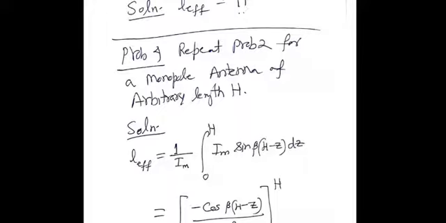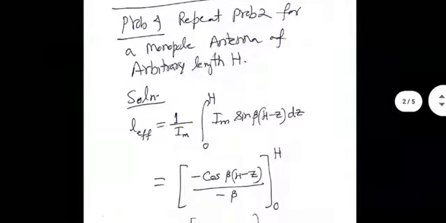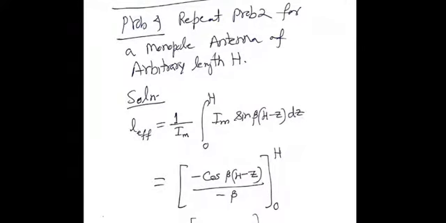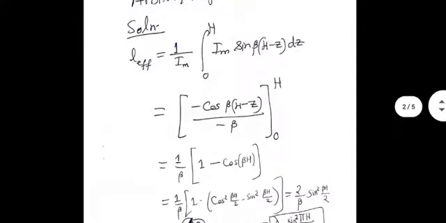Okay, we are using a monopole antenna here. Fine. This is for monopole. So only the top half would apply. That's why the limit is only from 0 to h. And we know the formula for current in the top half. So we plug it in and do the calculations. What we get is what I'm showing here. You can double check my answer.